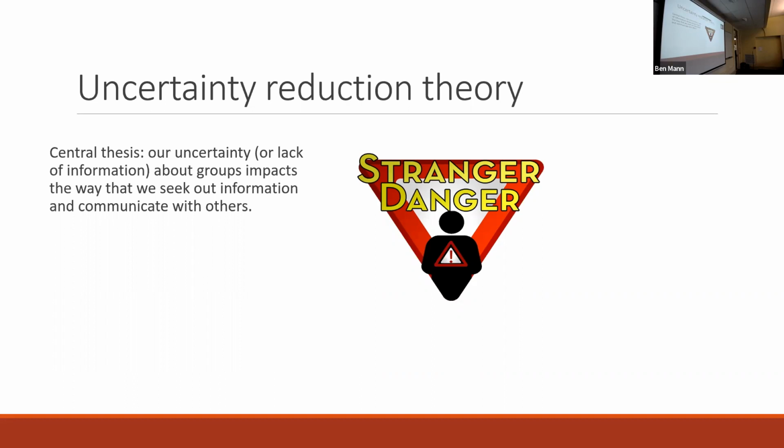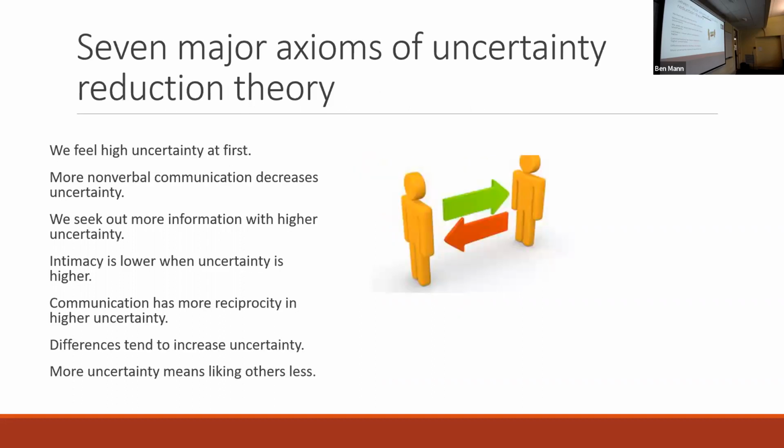In that same light, right, URT is suggesting that we experience anxiety and uncertainty about other people, including in group settings. And how do we reduce that uncertainty? Well, we use communication as a means of achieving that end. So URT is axiomatic. To break that down, it means that uncertainty reduction theory has axioms or laws that help to explain the ways that that theory plays out, including in group settings, including in ways that connect to our understanding of culture. One of the first ones is really straightforward.